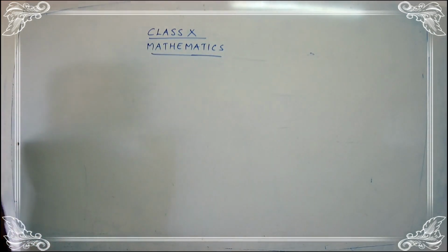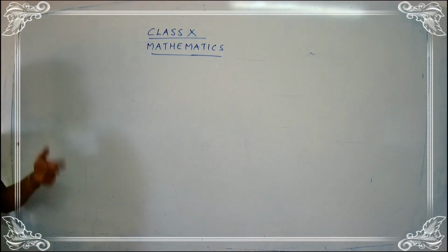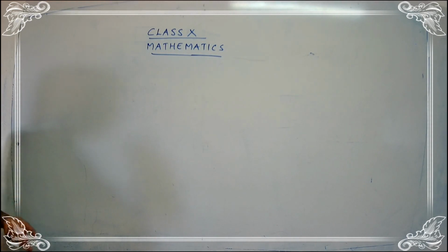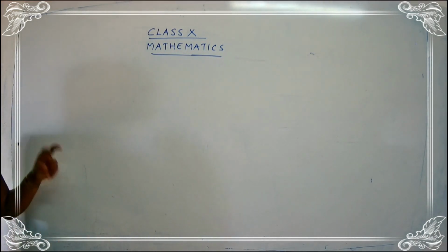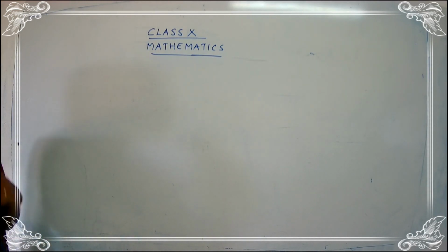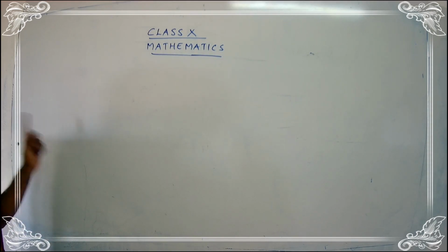Let us have a small recap of the rules that we are going to follow when you are doing the multiplication of matrix. We have some rules and regulations to be followed when you do the addition and the subtraction, and the same way you have for multiplication also, but the rules are different. Okay children, for the addition and subtraction of matrix, you are just going to focus only on the order. If you have the same order of matrix, you can add that particular matrix or you can subtract that particular matrix. But that is not so in case of multiplication.